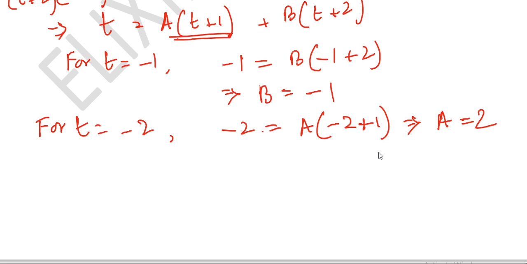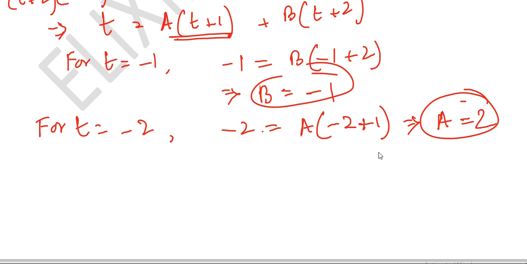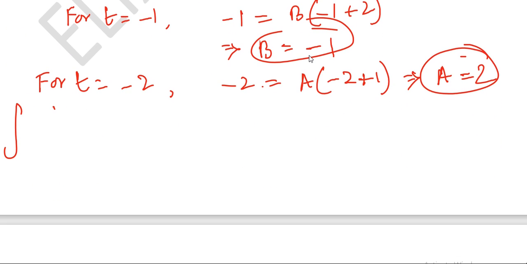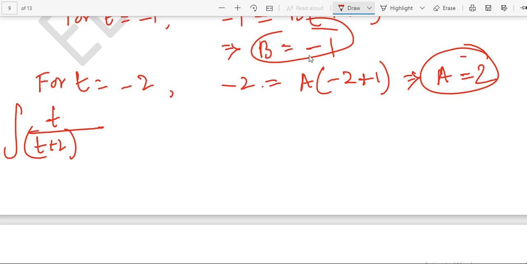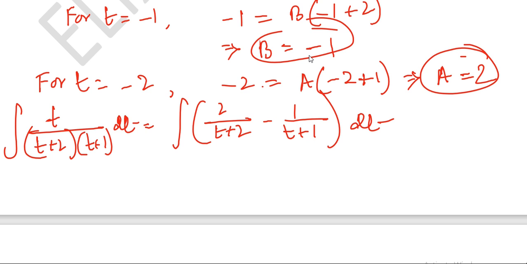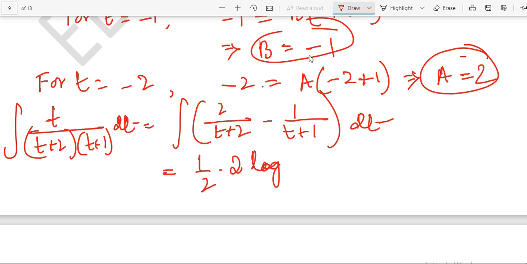Okay. So we have got the value of a as 2 and b as minus 1. So simply we are going to put these values here. So we have the function as a by t plus 2 plus b by t plus 1. So the integral of t by (t plus 2)(t plus 1) dt is simply the integration of, a is 2, so 2 by t plus 2, minus 1 by t plus 1, since b is minus 1, dt, which is half multiplied by 2 log of mod of t plus 2 minus half of